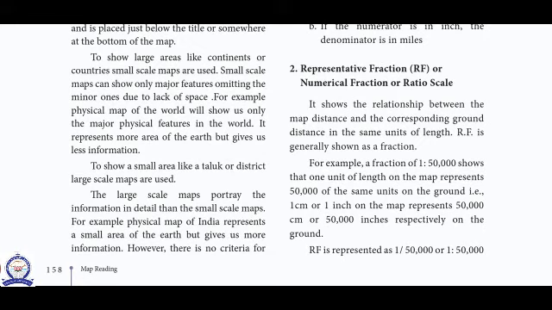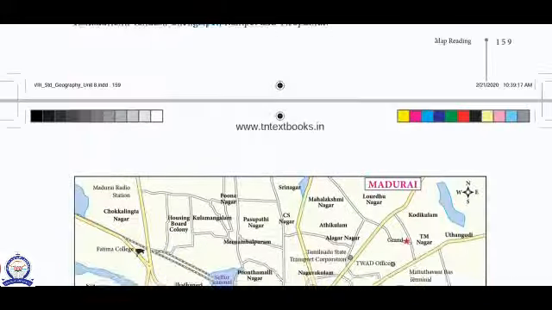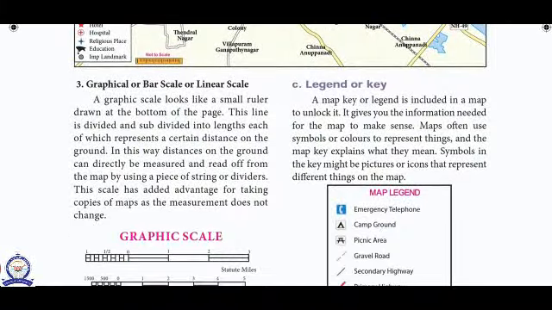For example, a fraction of 1 is to 50,000 shows that one unit of length on the map represents 50,000 of the same unit on the ground. 1 centimeter or 1 inch on the map represents 50,000 centimeters or 50,000 inches on the ground. RF is represented as 1 divided by 50,000 or 1 is to 50,000.